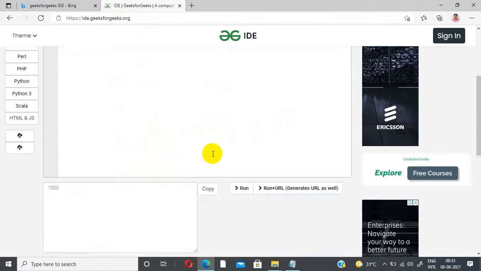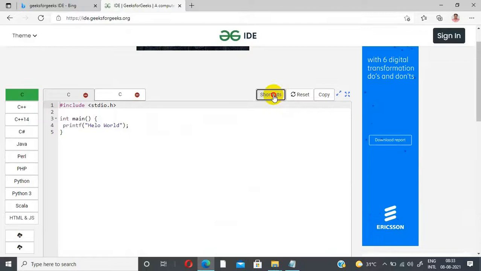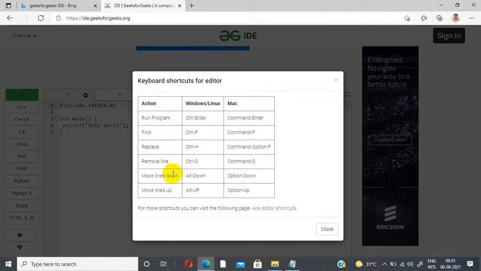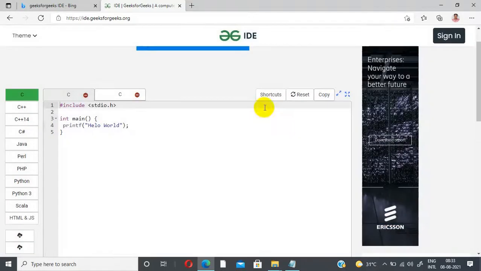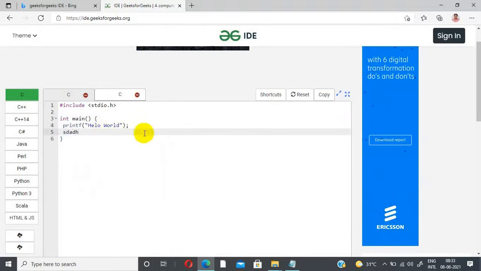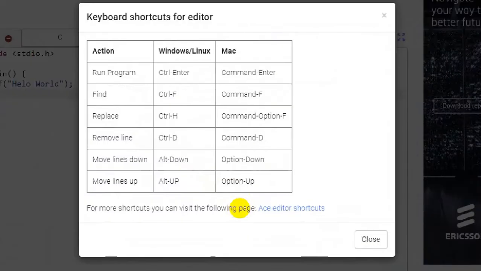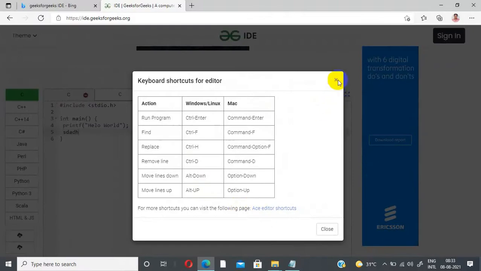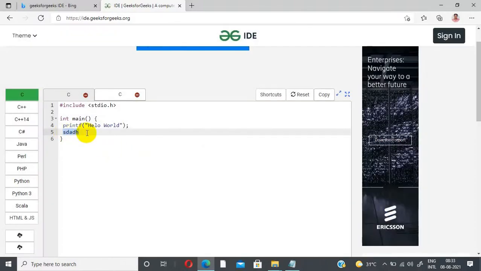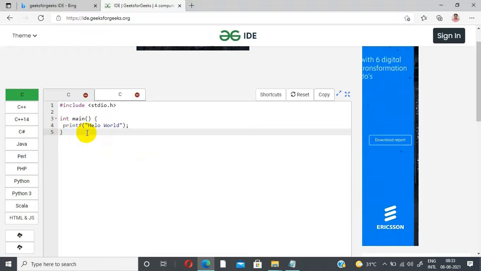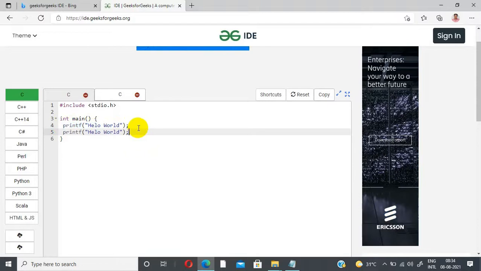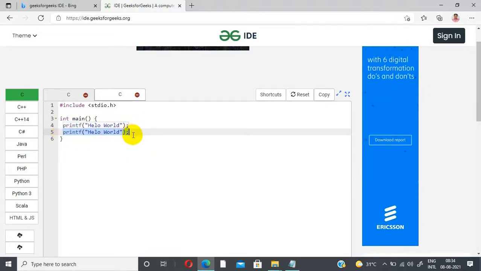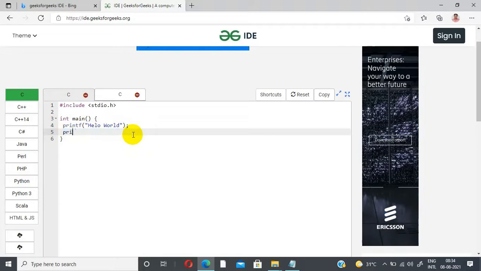Likewise, we are able to copy the code also. To find and replace, and Control C and Control V we are able to use. To remove a line, we have to use Control D. For example, I am typing something here. I want to remove the line, then we have to press Control plus D. The line will get removed. I am selecting the line and pressing Control plus D, the line will get removed. Likewise, normal Control Z and Control V also work. The shortcut operations will work, to copy and paste lines as normal. This is applicable to the coding environment also.